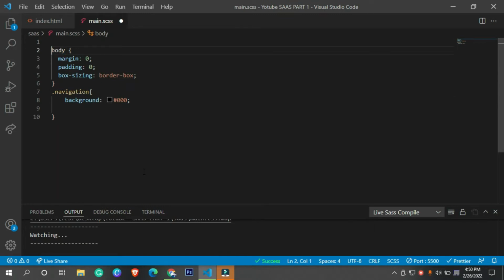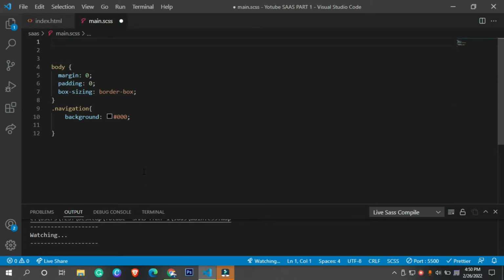But as I told you, you can also hold your color in some variable. You can also do the same thing inside simple CSS, but here it is also possible, and it is much more effective than simple CSS.